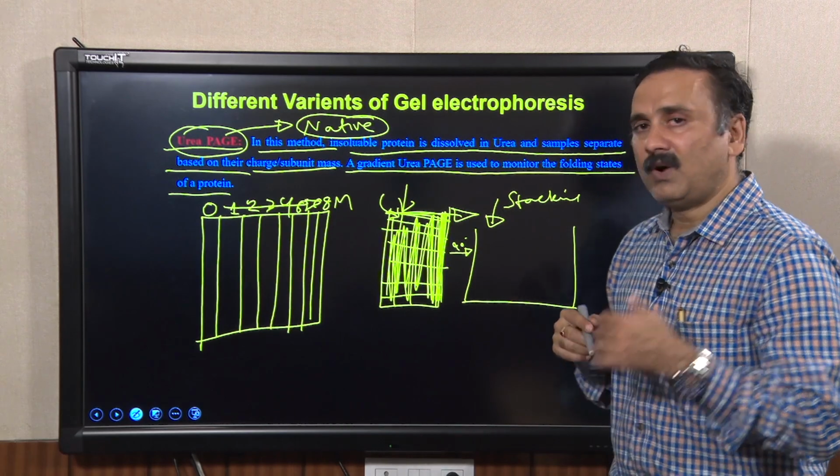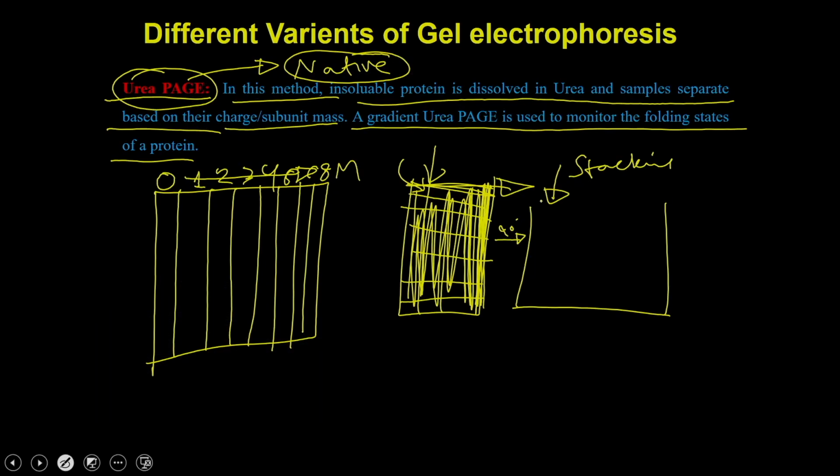And as a result, what you are going to see in the observation, for example, you have 0 molar, 3 molar, 6 molar and 8 molar. So, in the 0 molar, you are going to see a single band, which is going to correspond to the tetramer. So, I assume that we are resolving a tetrameric protein. Now, once it reaches 3, the concentration of the tetramer is going to be broken down, and then you are going to see some amount of trimer, some amount of dimer and some amount of monomer, which means this is going to be trimer, this is going to be dimer, and this is going to be monomer.